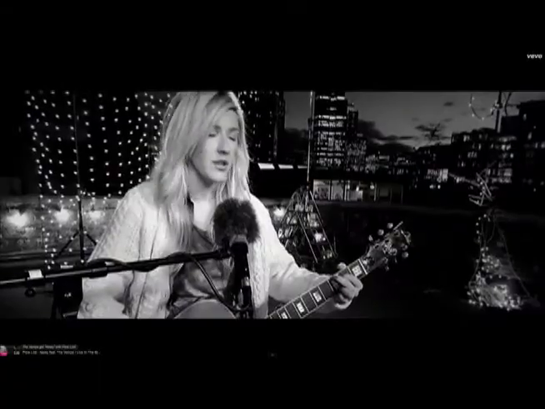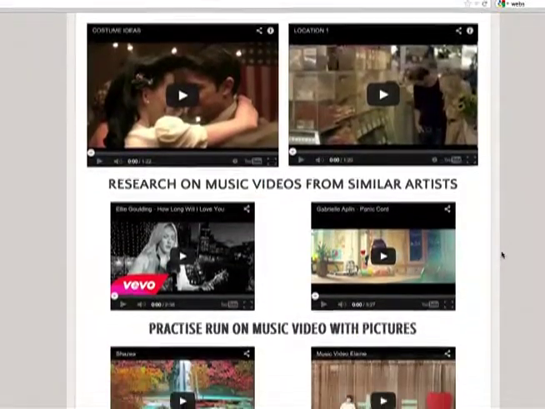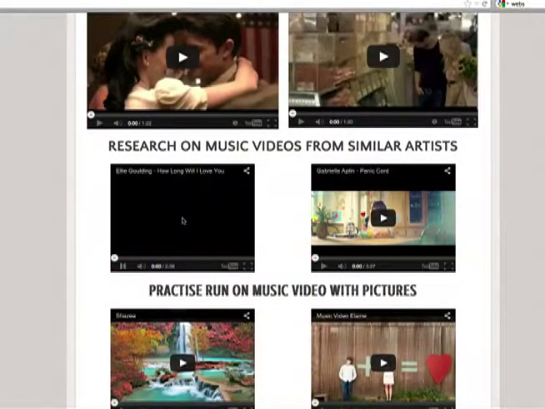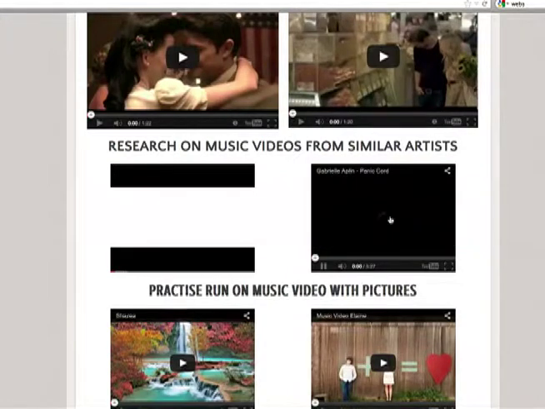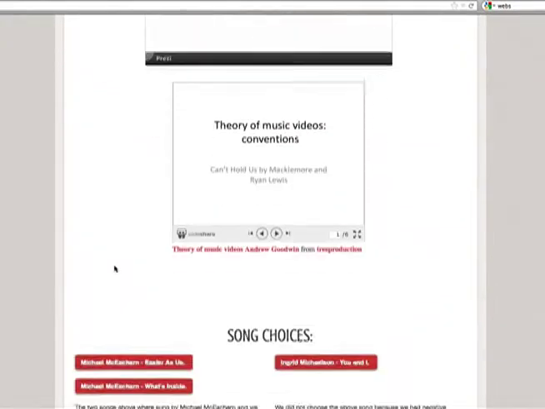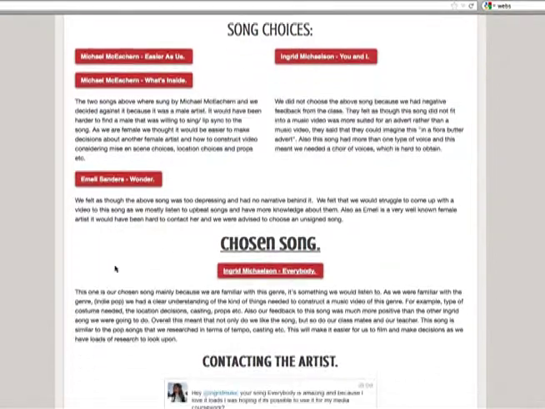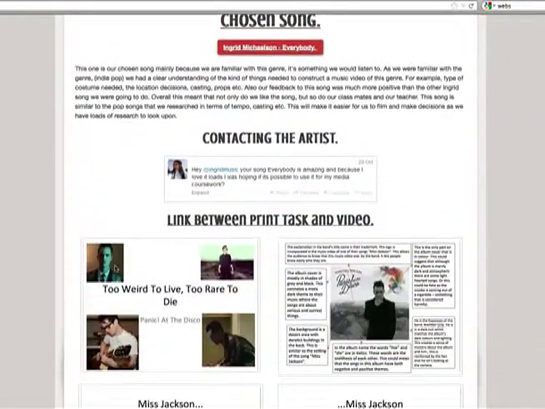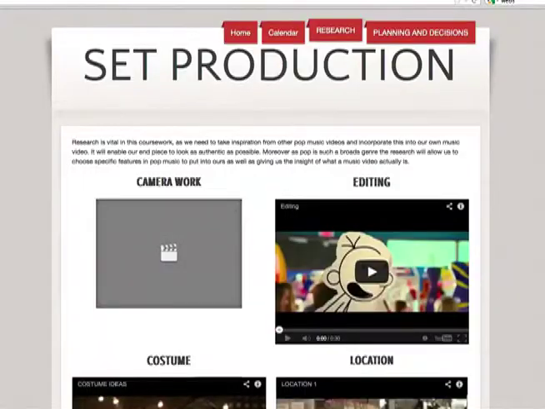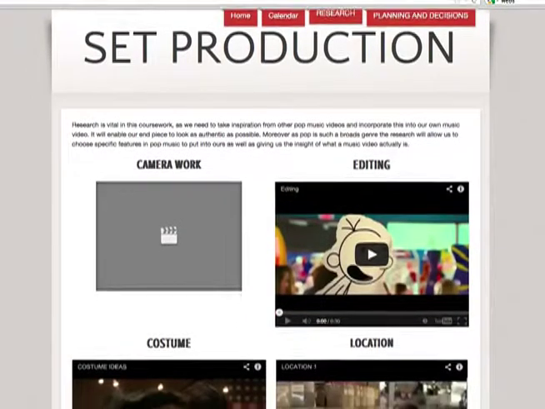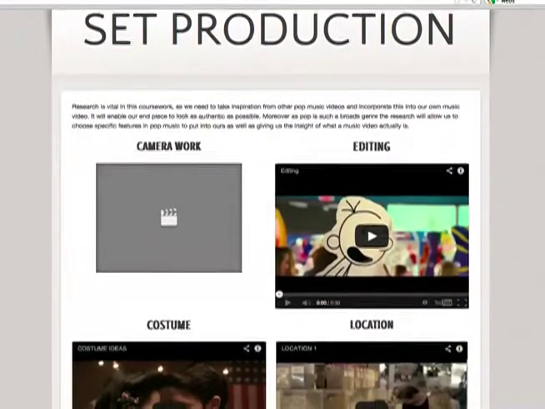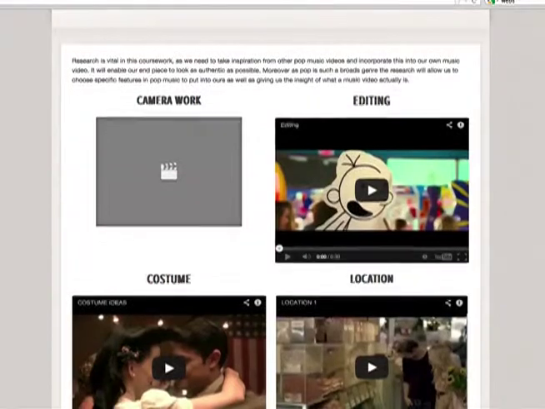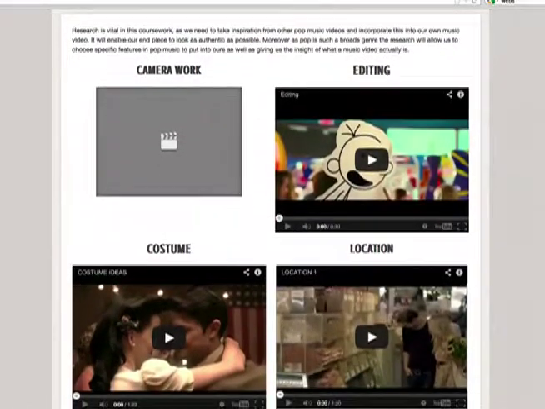All the research which I had found, I had placed on a website called Webs. This website enabled me to document the stages I had been through in order to evidence my research and planning and work I had done in order to produce my final media product and the evaluation. I had researched on various different media products to find particular editing, mise-en-scène, location and camera work, which I would consider to use onto my own work.